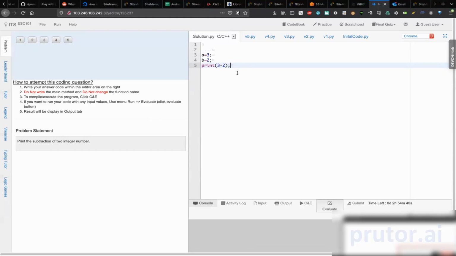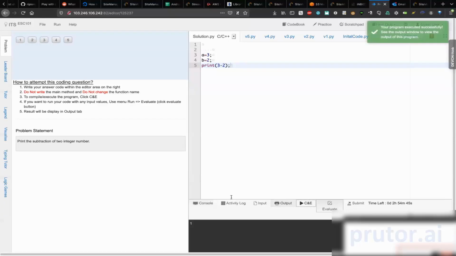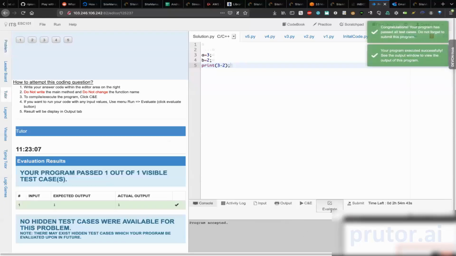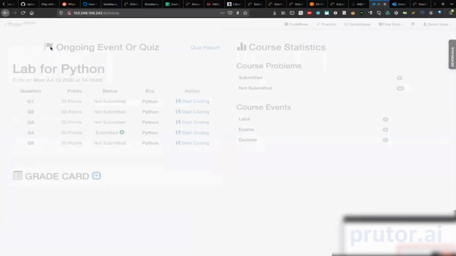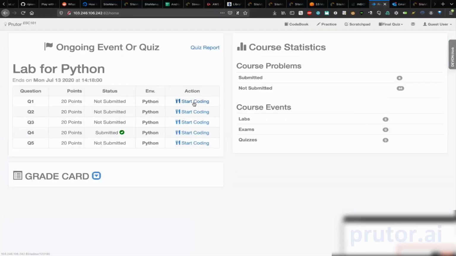For example, right now we are focused on student. So I compile and execute. I get the answer, I evaluate, and I see that the actual output is what was expected. So I know my work is done. Suppose I had made a mistake. Suppose I had done something like this. When I evaluate now, the answer doesn't match. The expected output was 1, but the actual output is 2. So I continue to code until the test case passes. The moment it passes, I know that my job is done. So I may do something like this. There are multiple answers to the same problem. And in this case, I submit. Once this particular problem got submitted, I can start coding another one.